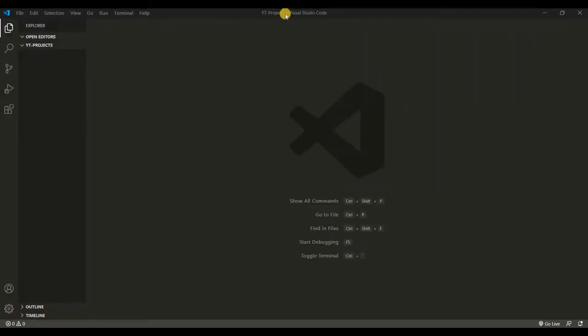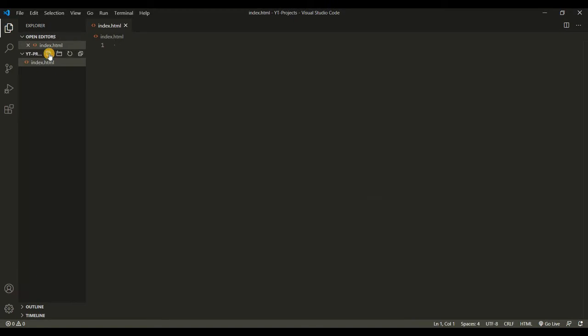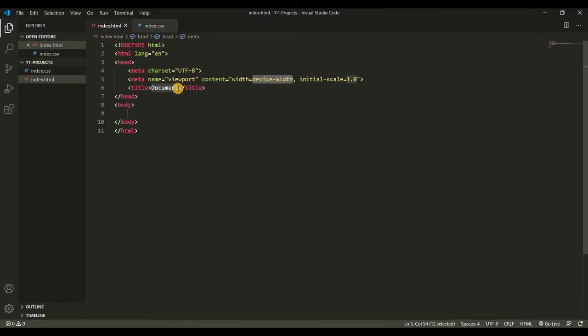Alright, as you can see, I'm using Visual Studio Code as my editor. So I'm just gonna create this index.html and this CSS page. And I'm gonna add my default tags up in the HTML page and put my header,